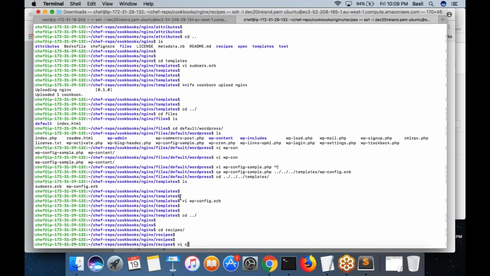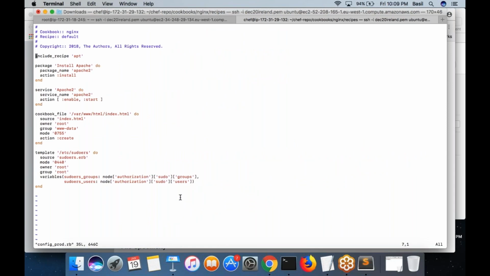Go ahead and create your template. What is the recipe? Config prod. You want to create a new template. You want this file to be copied into /var/www/html/wp-config.php.